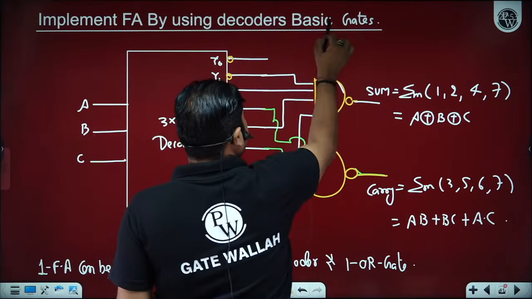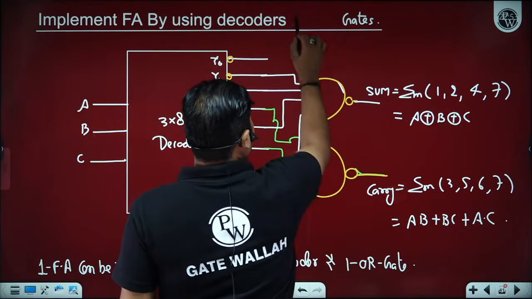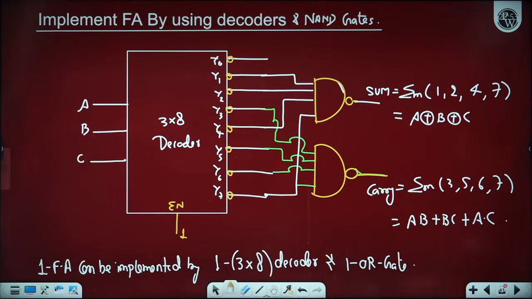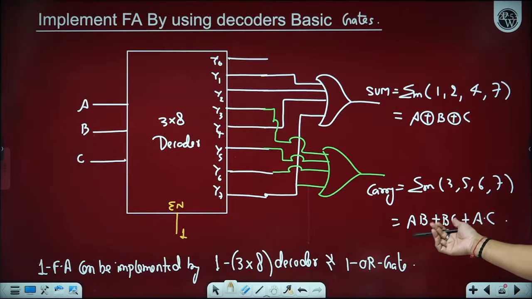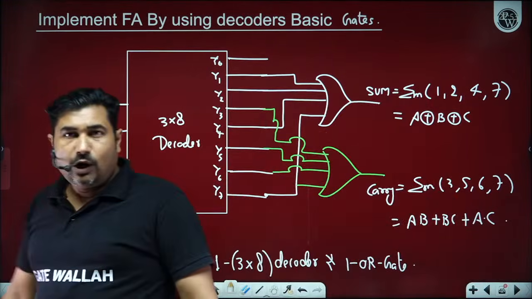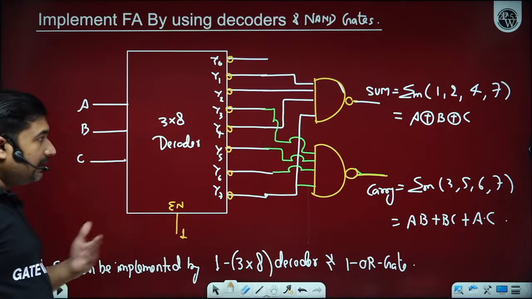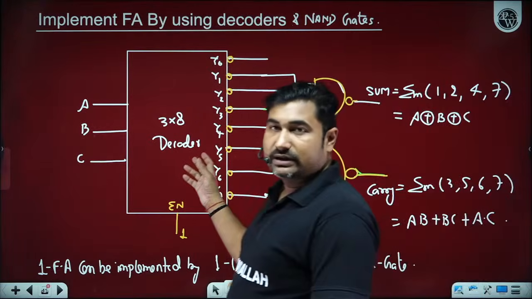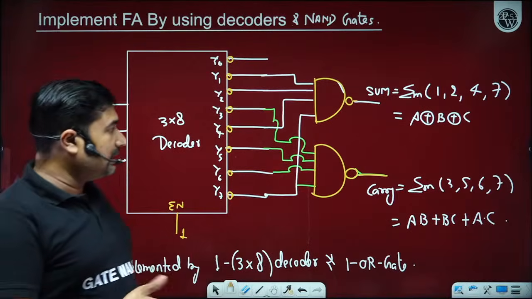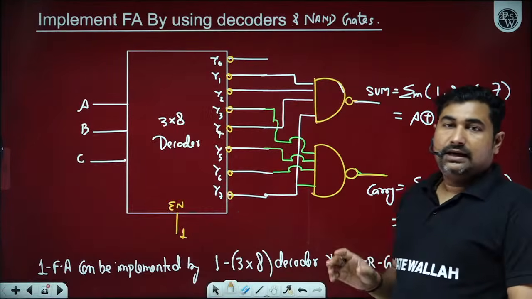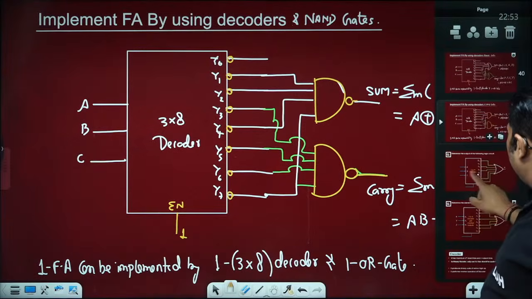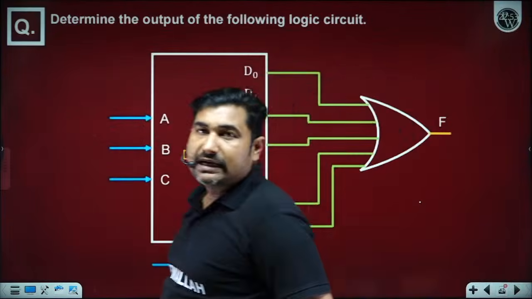But here instead of basic gates, we have NAND gates. How many of you are able to understand? So yes, beta ji, you can do this by using basic gates, or you can do this by using NAND gates. How many of you are able to understand up to this part? This is a NAND decoder. If all the bubbles are present at the output, then that will become a NAND decoder. Is it okay? Please let me know by writing in the comment section, beta ji. Great. So now we know about the NAND decoder as well.